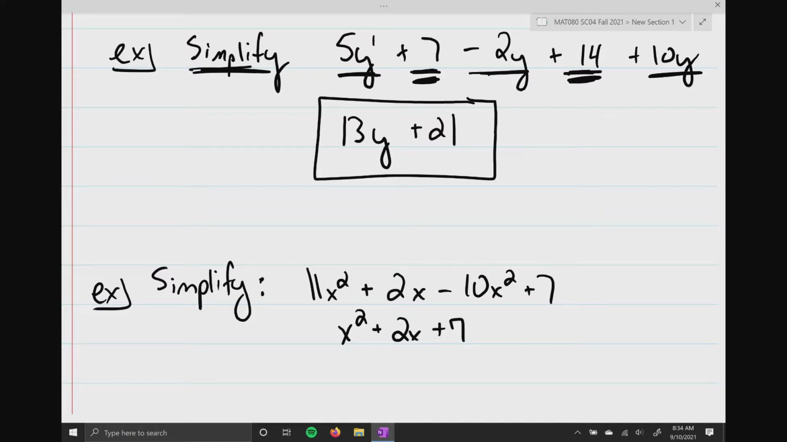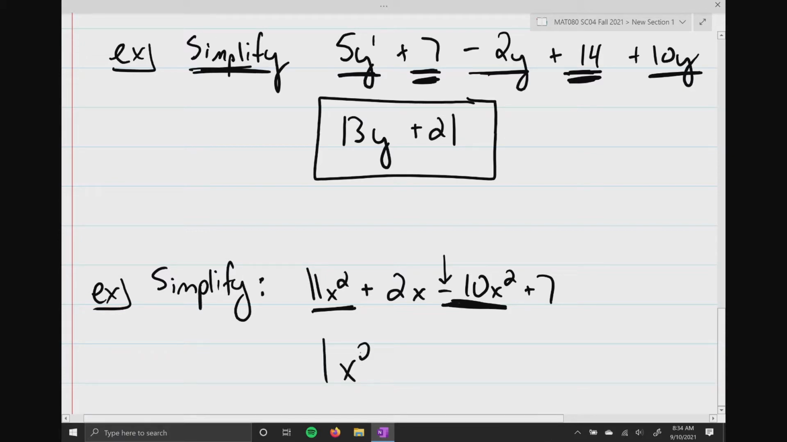Now, before we move on, let's decipher the information here. 11x squared plus 2x minus 10x squared plus 7. Remember, I like to start right here, underline it, and then I look for anything else that has x to the second power because I know they belong together. That's right here. Also notice I underlined the sign in front of the 10. That comes along for the ride when you simplify it. So you have to remember that. So 11 minus 10 is 1